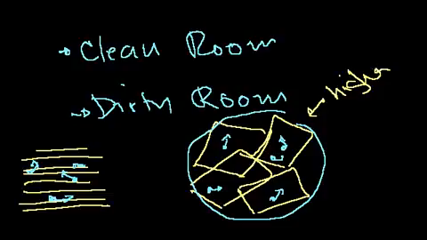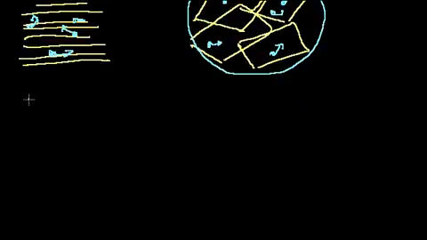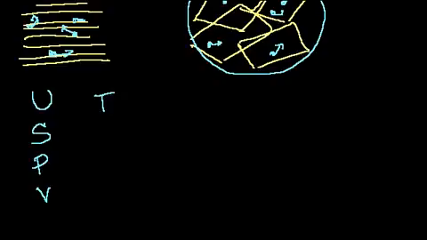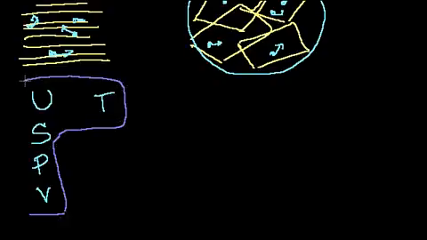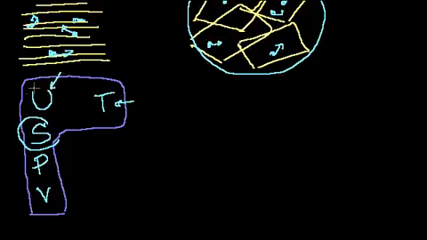Since it's impossible to measure the state, we use something like entropy to say, well, how many states can we have? And all of these things, whether we call it internal energy, entropy, pressure, volume, temperature, these are all, if you think about it some way, shortcuts around having to actually measure what each molecule is doing. And entropy, you can kind of view as a meta shortcut. Temperature tells you average kinetic energy. This tells you all of the energy that's in it. This tells you how frequently the molecules are bumping against a certain area. This tells you on average kind of where the outermost molecules are. Entropy you can almost view as a meta state variable that tells you how many microstates we can take on.